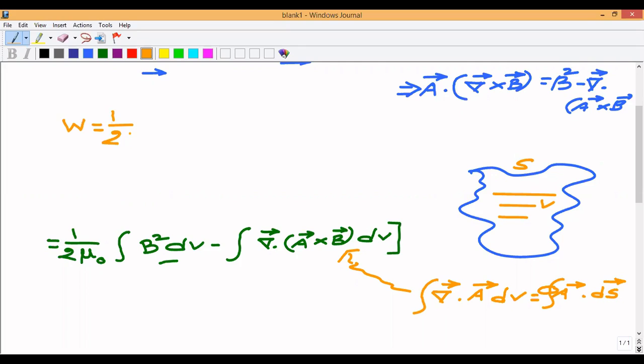1 by twice mu naught, volume integration b square dv minus closed surface integration a cross b ds. cross b